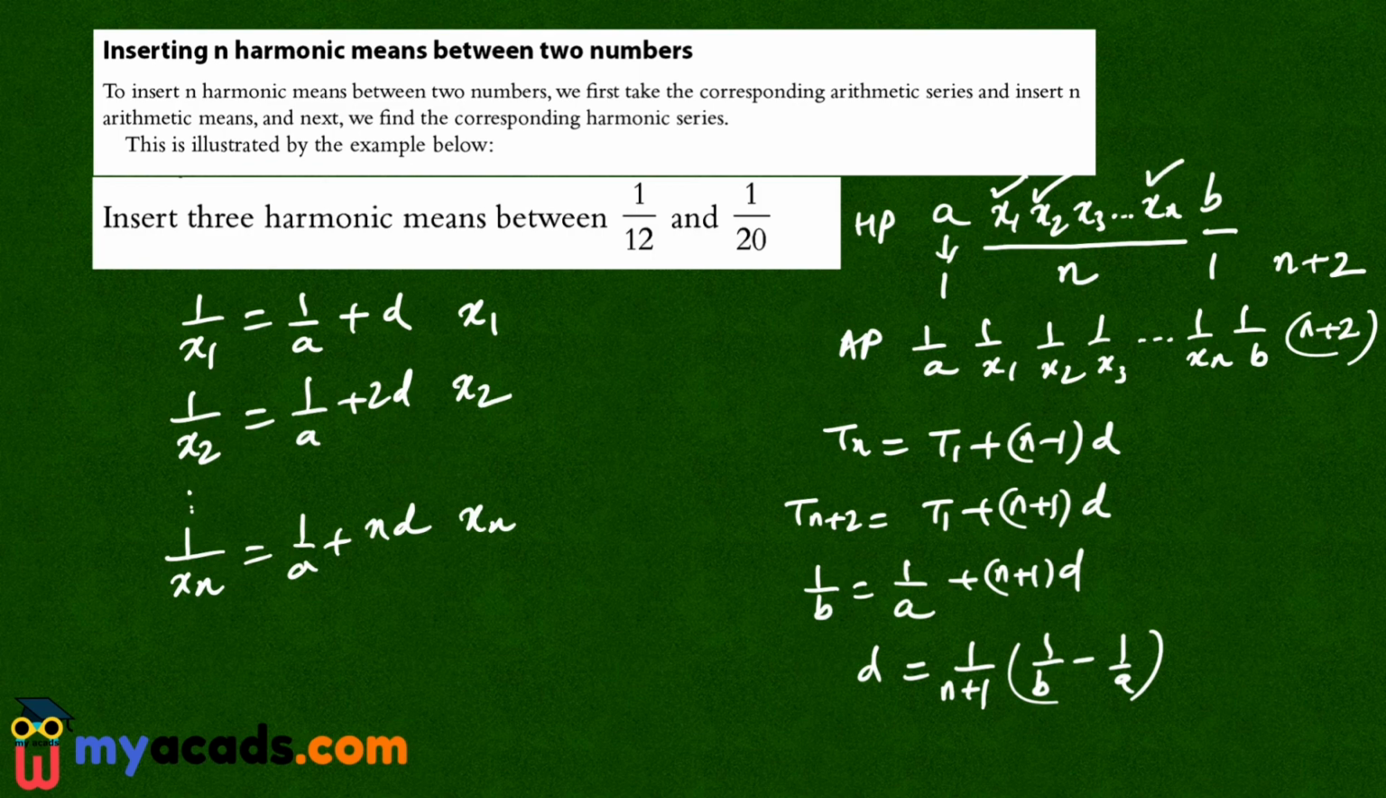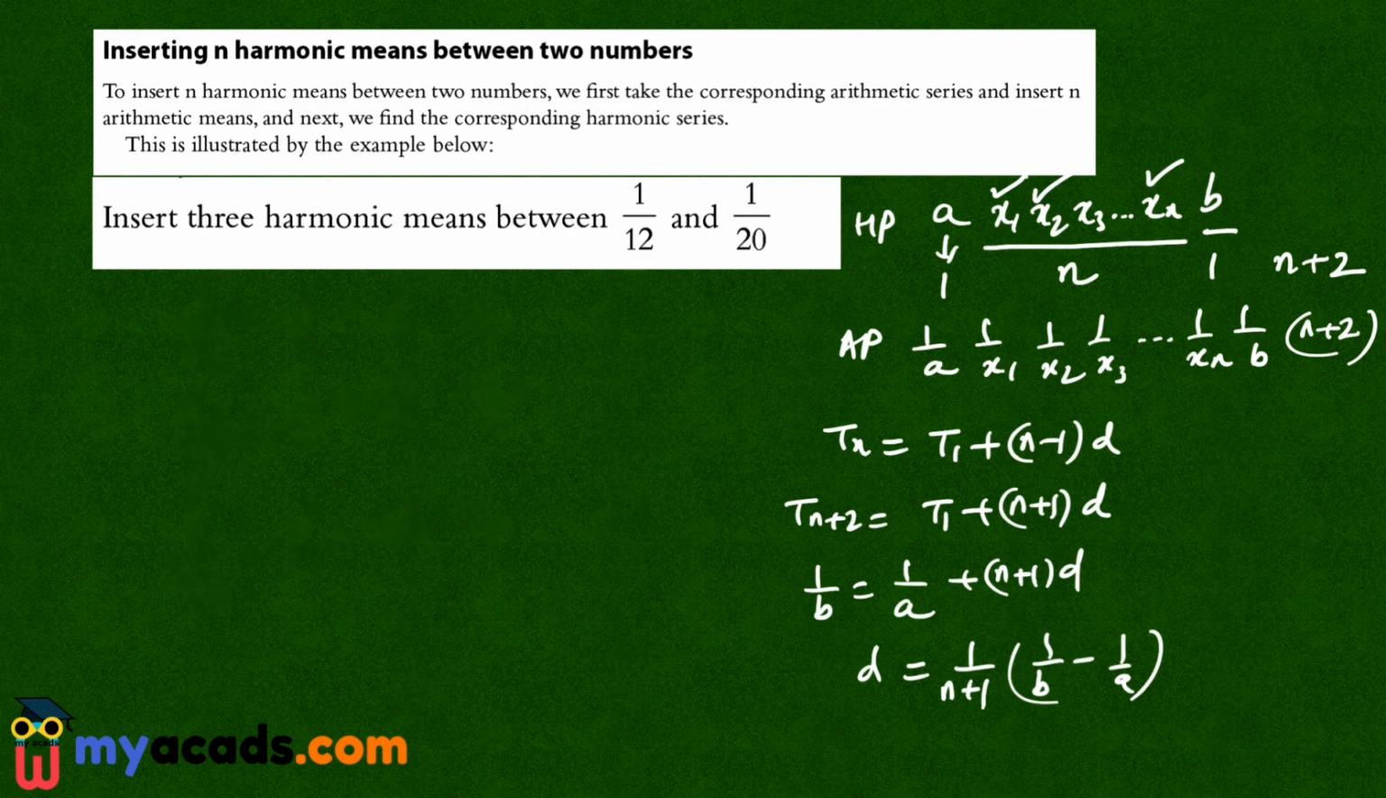Now let's understand this concept through an example. My question is, insert 3 harmonic means between 1 by 12 and 1 by 20. Now see, my first term of the harmonic progression is 1 by 12 and my last term is 1 by 20. Now I have to put 3 harmonic means between these two numbers. Let those harmonic means be x1, x2 and x3. Now there are a total of 5 terms